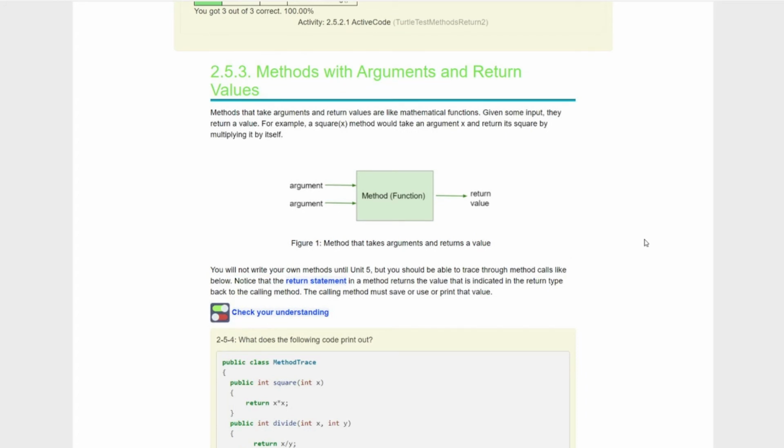Methods with arguments and return values. Methods that take arguments and return values are like mathematical functions. Given some input, they return a value. For example, a square(x) method would take the argument x and return its square by multiplying it by itself. That's pretty interesting. We have a little thing here, and we have two arguments coming in, the function and returning one value. You will not write your own methods until Unit 5, but you should be able to trace through